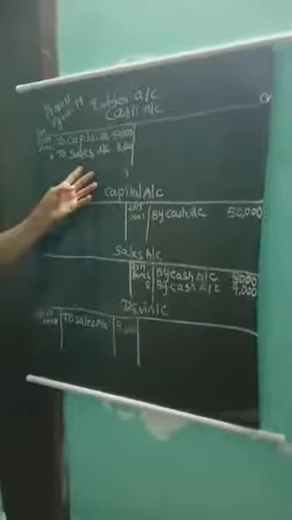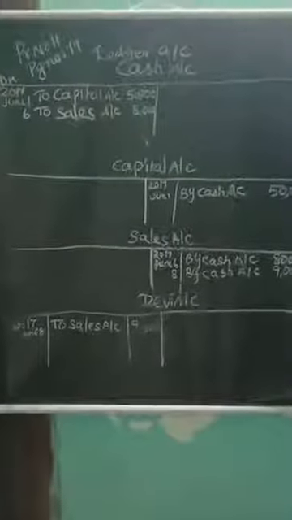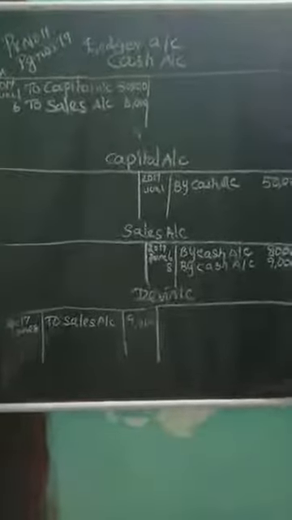Now let us move on to problem number 11, page number 79, ledger account. You are going to post the ledger in the direct ledger. So I will explain the sum first. Show the direct ledger posting for the following transactions.